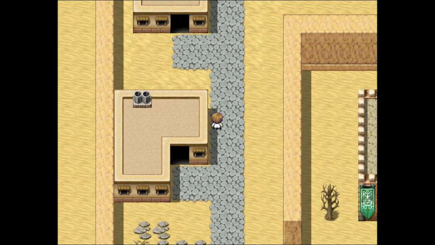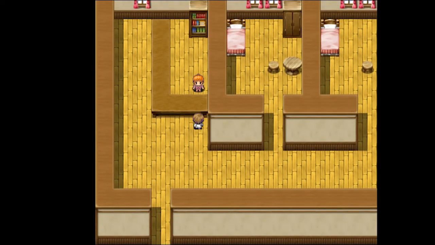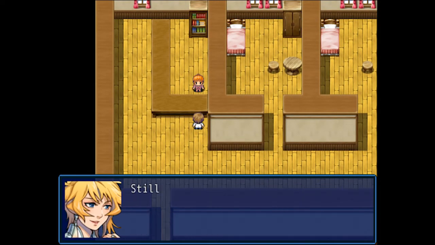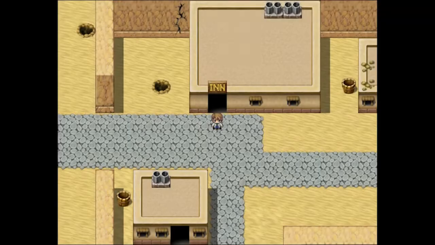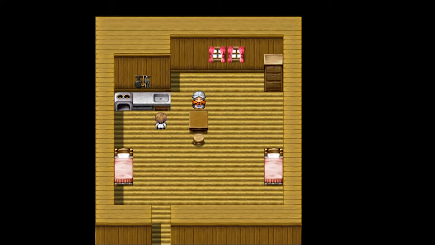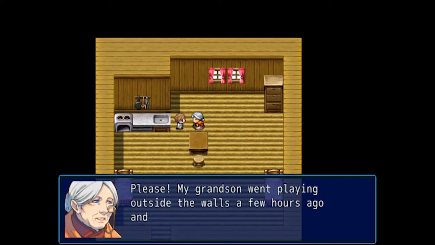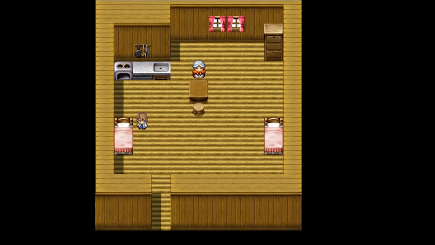Okay, so that's different, because last time when we just cheated, that was like the end of everything. Now, obviously, this time we're not going to kill the grandmother. Where's my grandson?